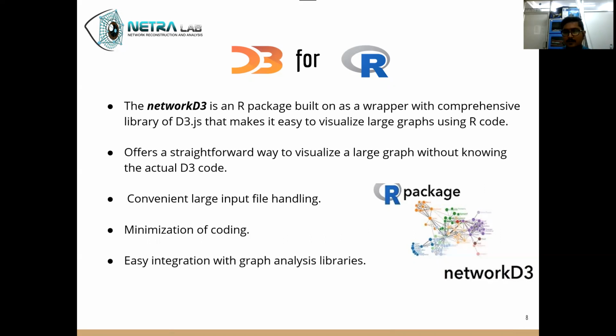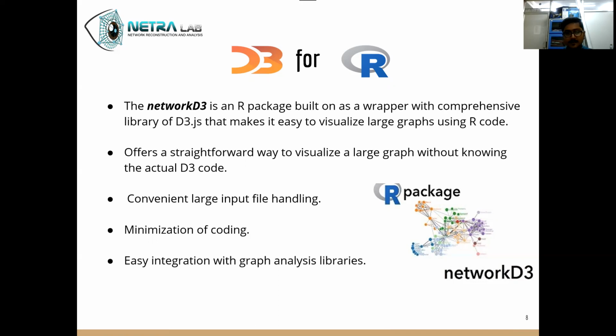As we know, D3 supports JSON format for convenient storing and transporting data. However, it's often observed that it's expensive to handle large input networks in various other formats that need to be converted in JavaScript. So this is one of the implementation issues that we can find in D3. This can be solved in R, which supports data frames. Hence, in network D3, large input files can be efficiently worked with as data frames, and users can modify and work conveniently according to their need.